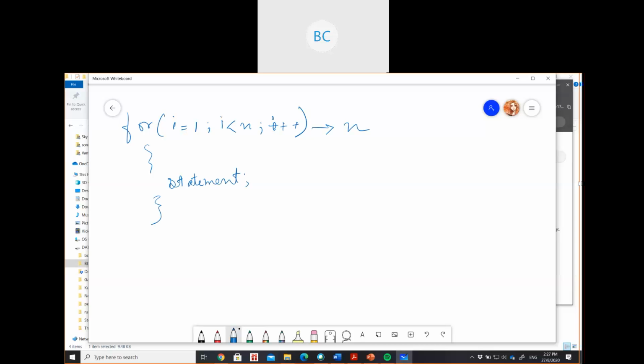It will run for n times, and the statement will take constant time. Correct? So your time complexity will be n. For normal, you just multiply the statement part.